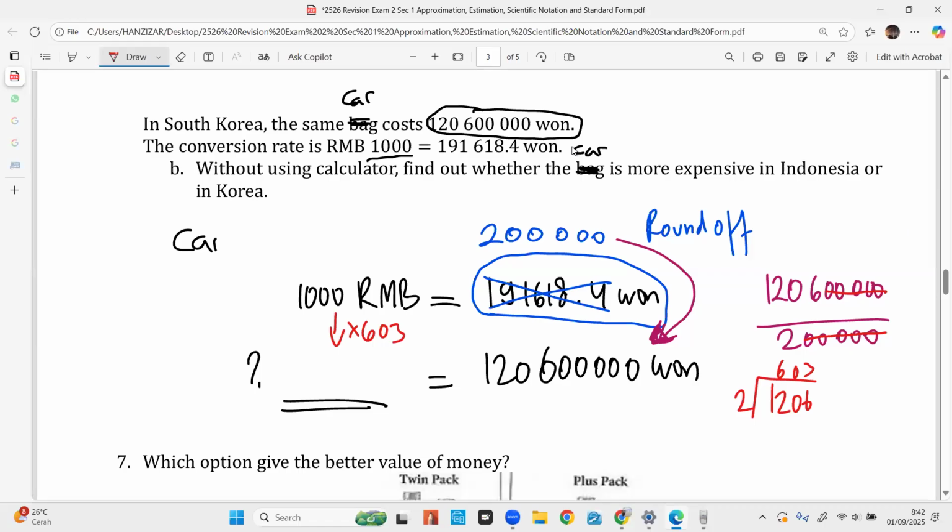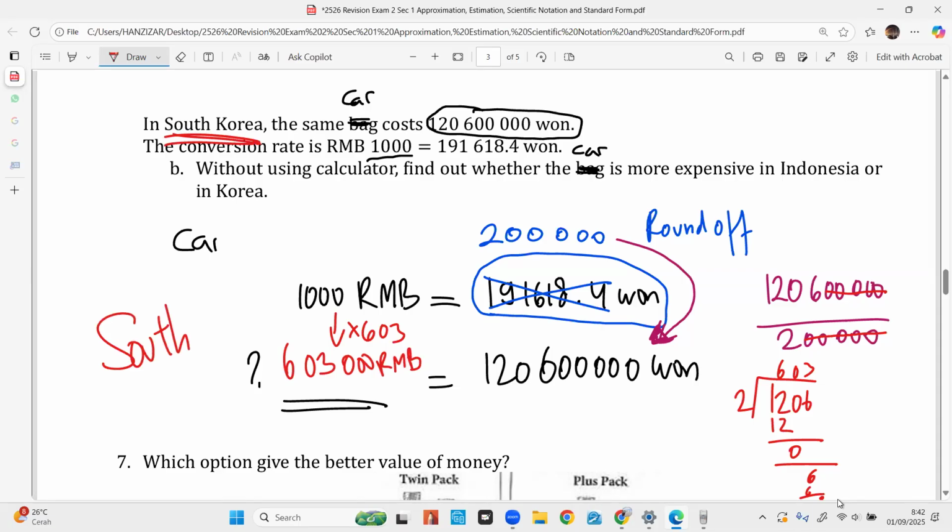Because if you want to divide as usual, there you go, right? So 603,000 renminbi in South Korea. Okay, so the car in South Korea is 603,000,